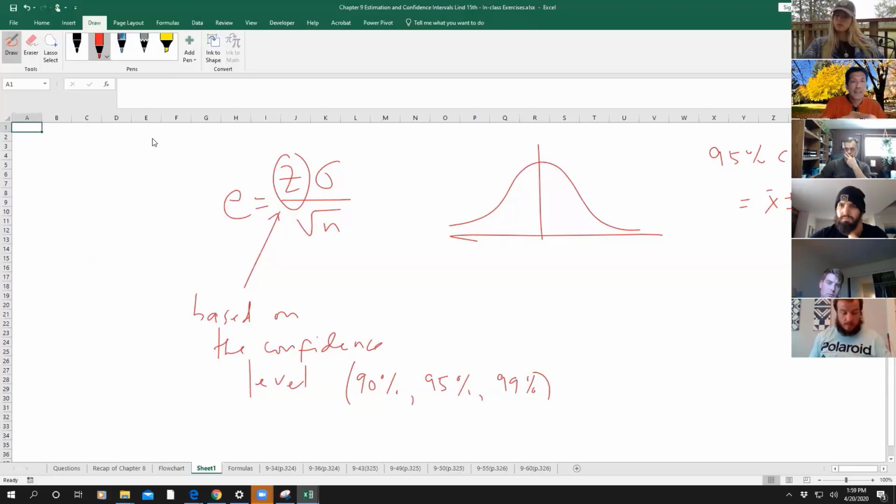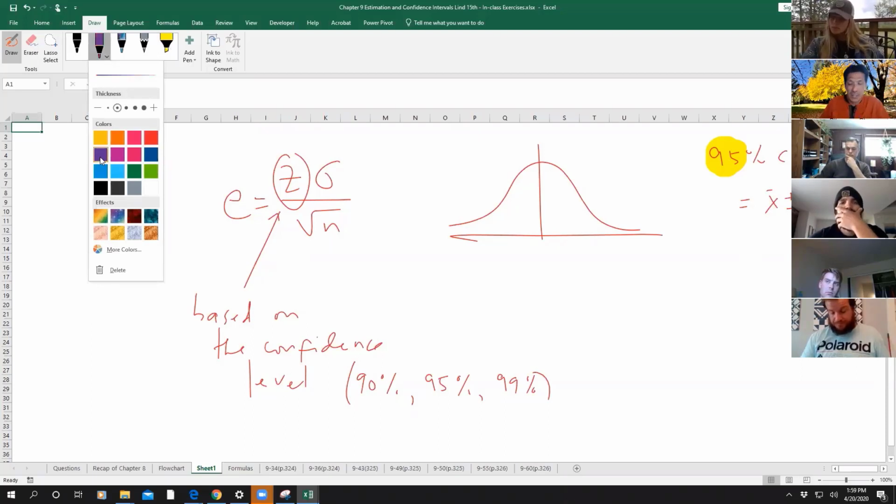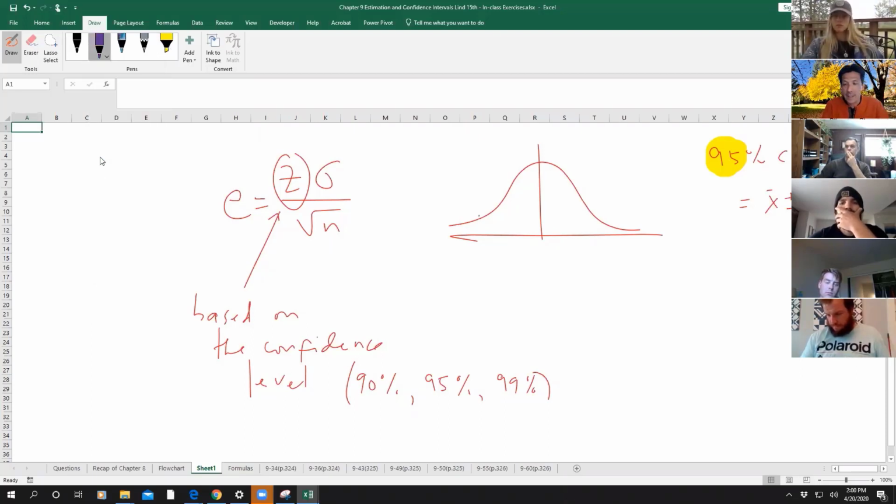Here we're going to convert the 95% into a z-score. What this means is that when you compute the lower limit, meaning X bar minus whatever this margin of error is, this point here, X bar minus E,